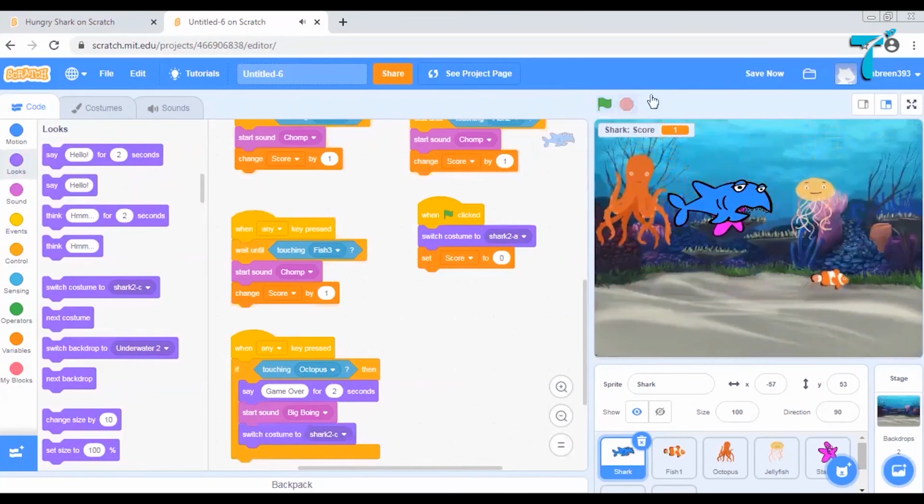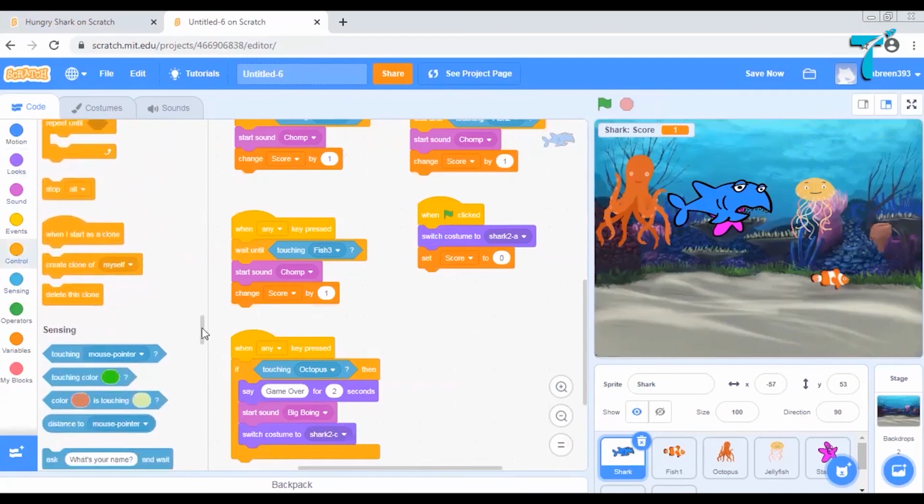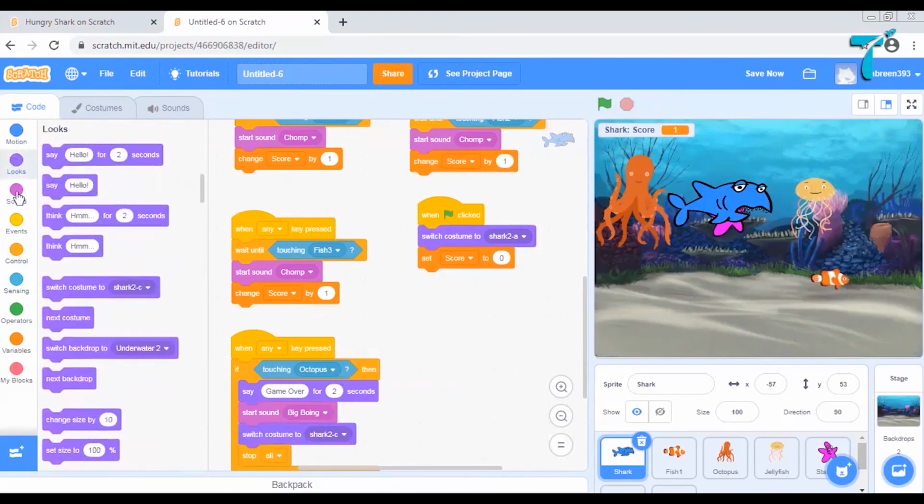Okay. And yes, when the game gets over, everything should come to stop, the stop all command that is present in control. Just scroll down a bit. Yes, here is stop all. So just stop all. But it should wait for a few seconds so that other things happen correctly.